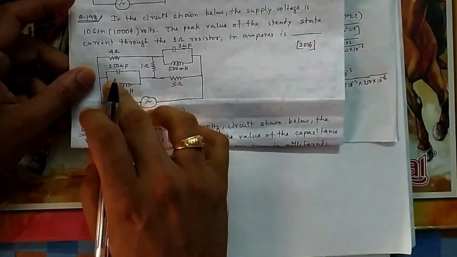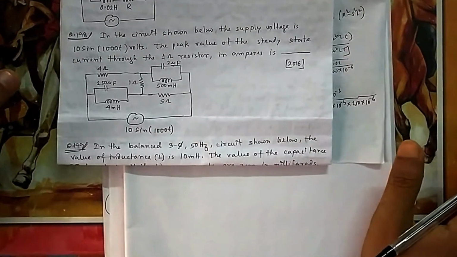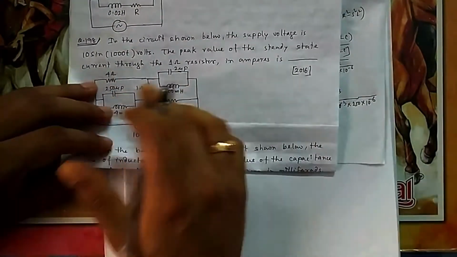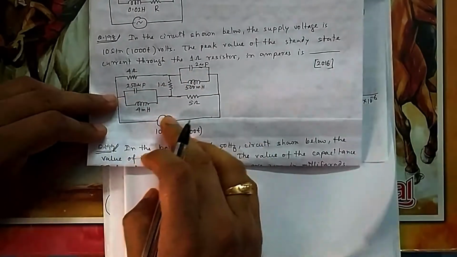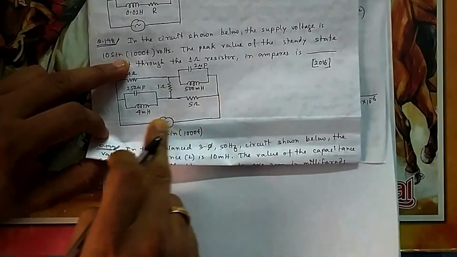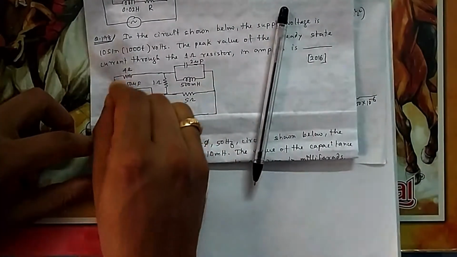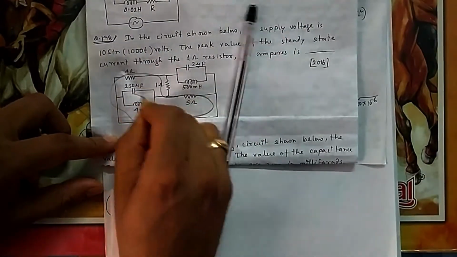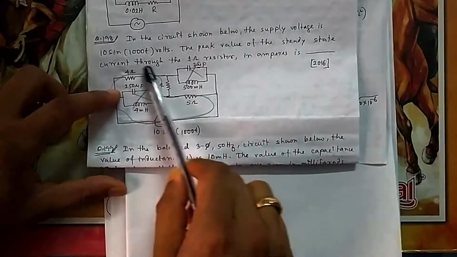Impedance infinite means no current will flow. You keep it careful. It is impedance, not admittance. Admittance infinite is 0 impedance, that is short. But here impedance infinite, no current will flow through this branch and this branch. So all current will come through this, and they will return through this. So the current path will be only in this way. There will be no current through this branch, because this is infinite. Very high impedance, no current will flow.